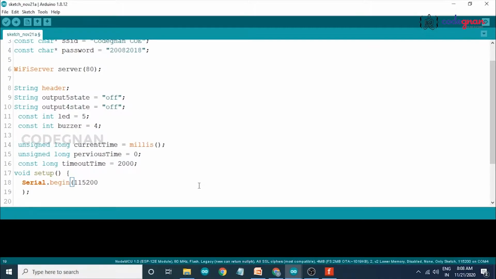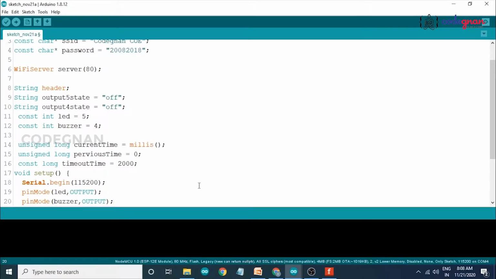Now declare our pins. pinMode of LED, comma, OUTPUT, and also pinMode of buzzer, comma, OUTPUT.